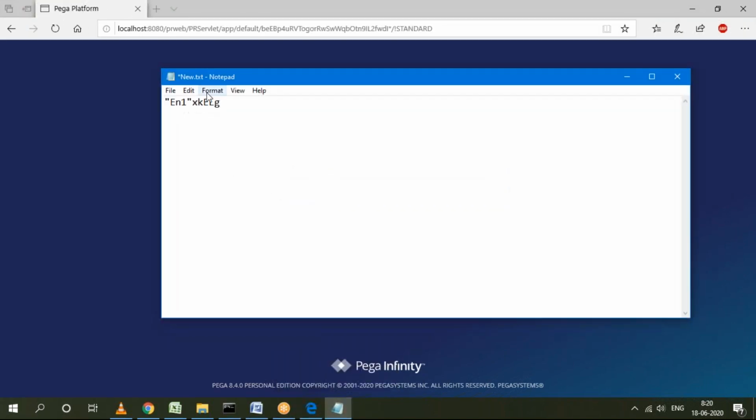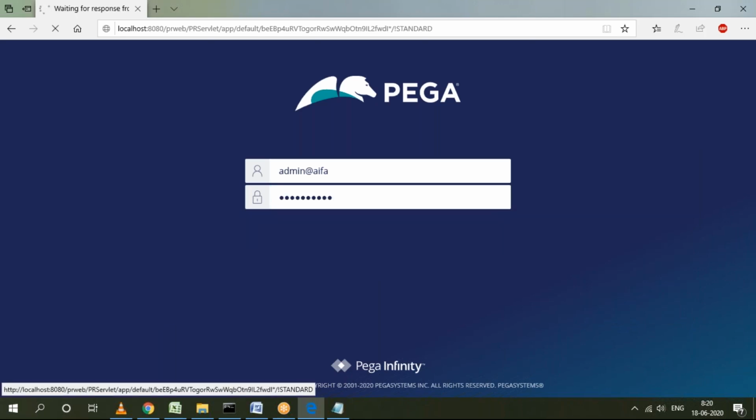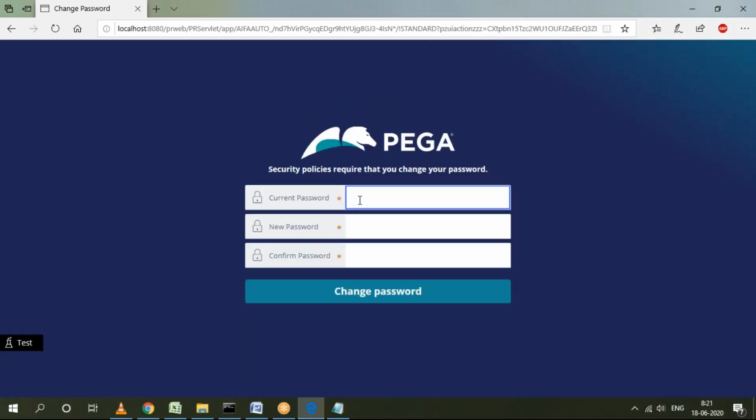So add this password, and then log in. Here we have to enter the current password, and enter the new password. See, again I have given the new password as rules.